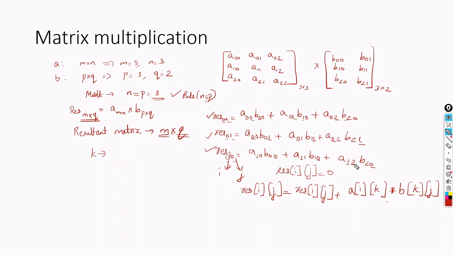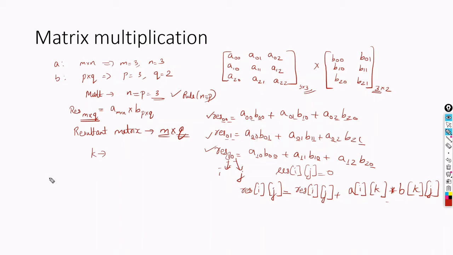So first, it should be initialized to 0, and then it should proceed like res ij is equal to res ij plus the product of A and B. From this, by carefully verifying the indices, we wrote this. A row number is i, B column number is j, and in between, that is A column number and B row number, is k, and k is varying from 0 to 2. In this case, 0 to 2 means this value.